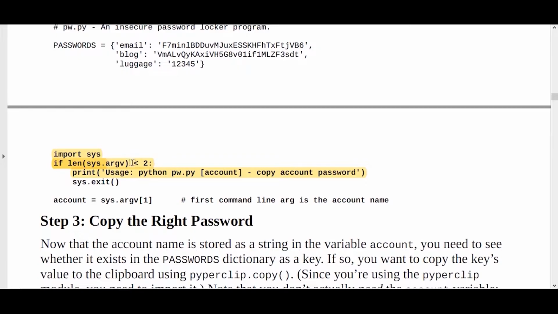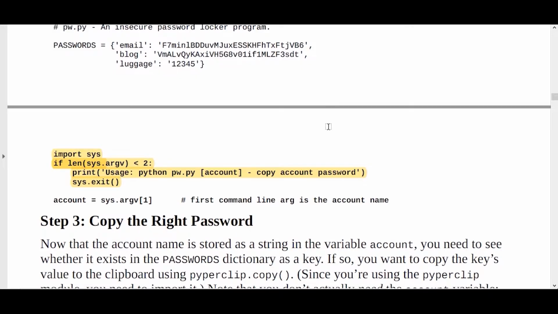Then if the argument is less than 2, then I am saying sys.exit. That means if the user is not giving the correct value from this dictionary, then I am exiting the program. Otherwise, if the user is giving the correct email or the blog or the luggage, then I will provide the password to the clipboard. This is the function of this program.